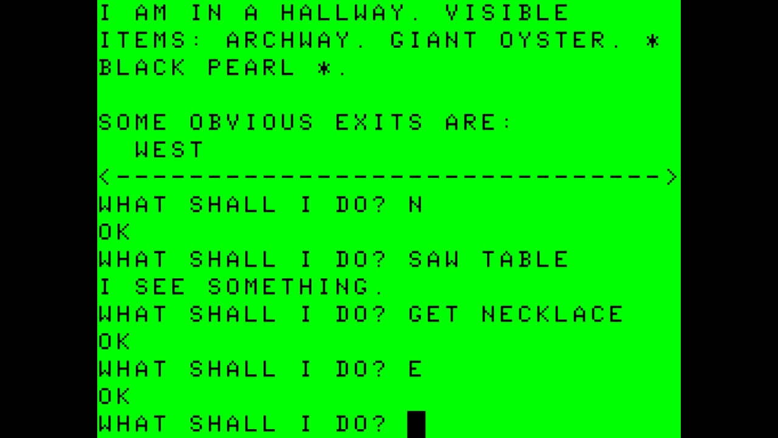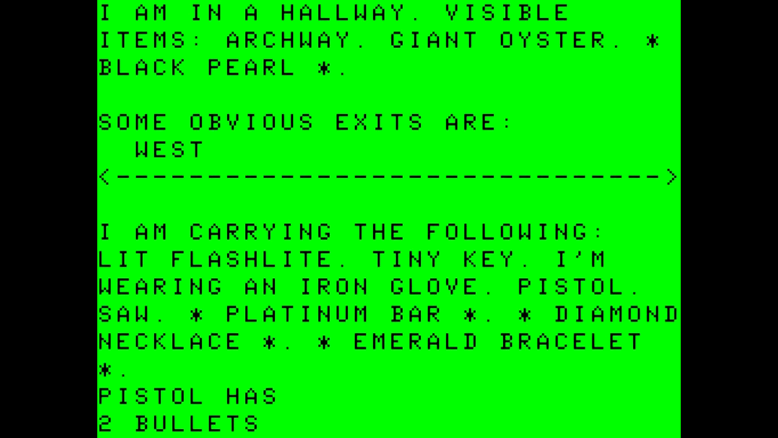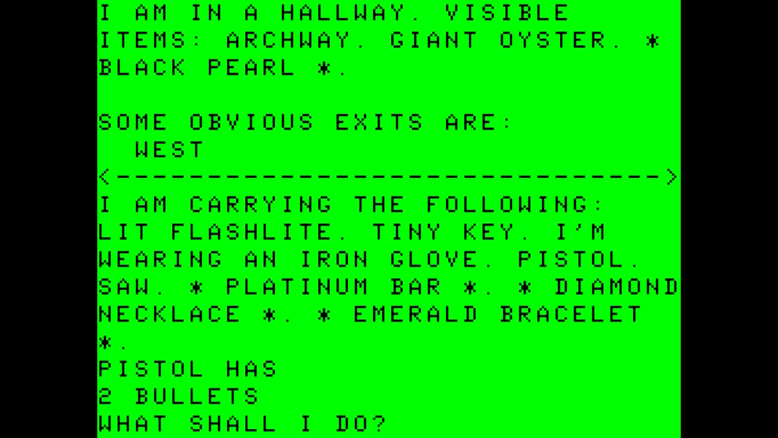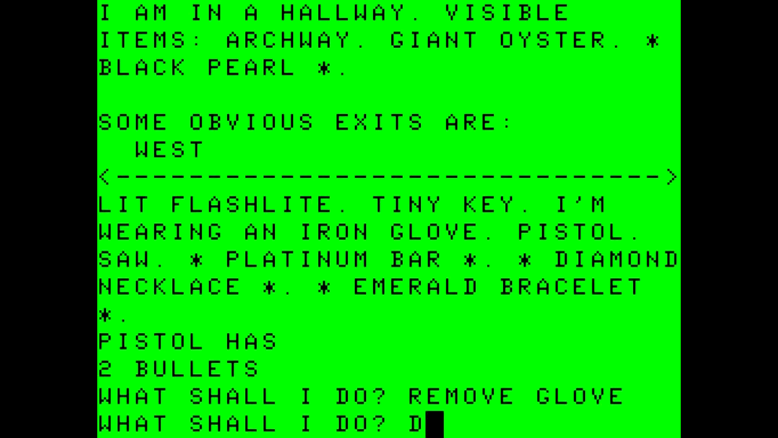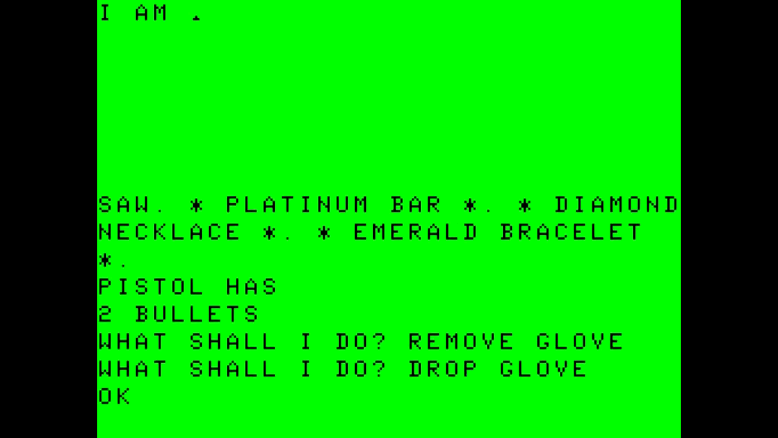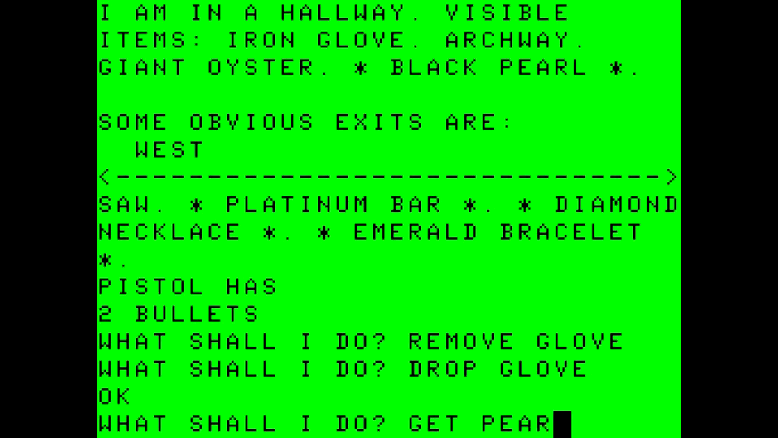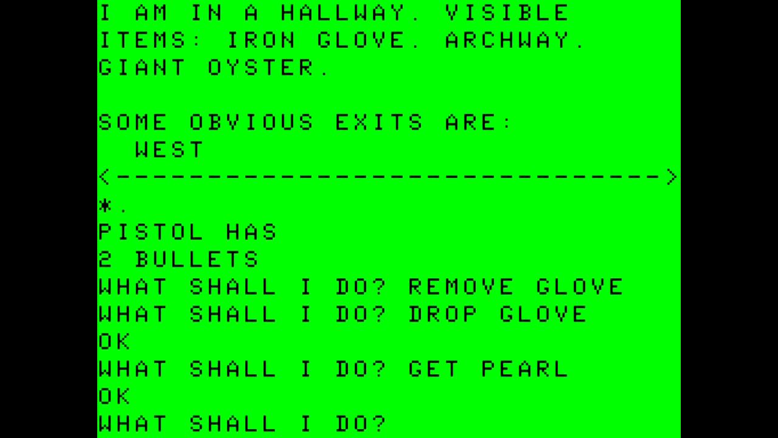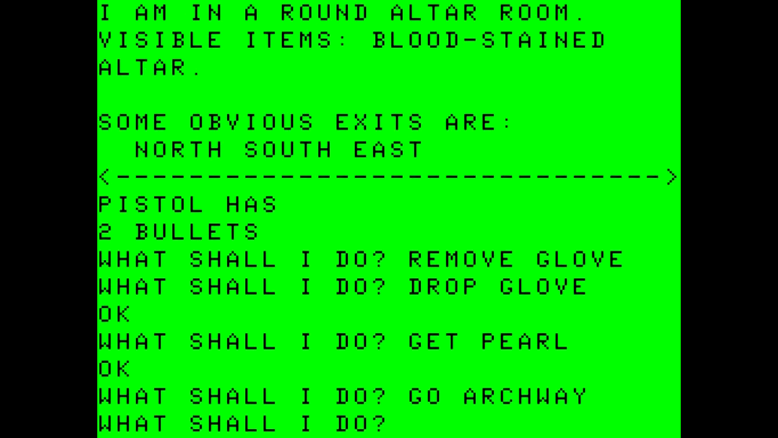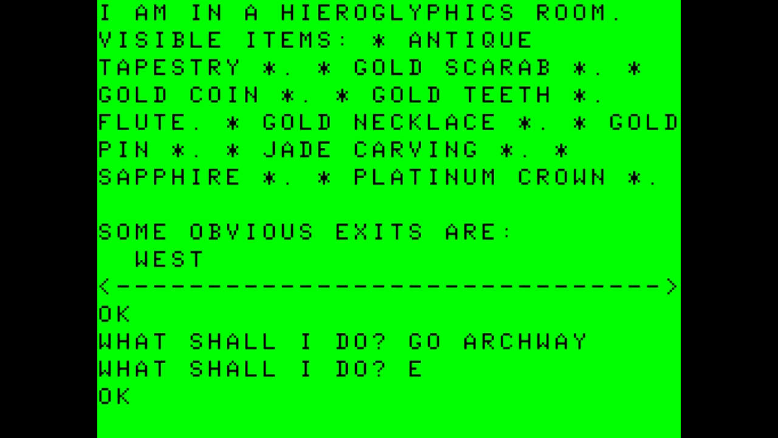And let's check our inventory. We're wearing an iron glove. There's a pistol, a saw, a platinum bar, a diamond necklace, an emerald bracelet, and the pistol has 2 bullets. Let's remove the glove and drop the glove so that I can get the pearl. And then from here, we want to go to the archway, to the blood-stained altar, go east, which puts us